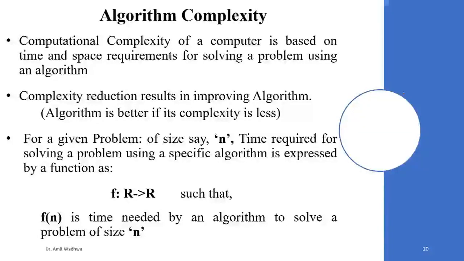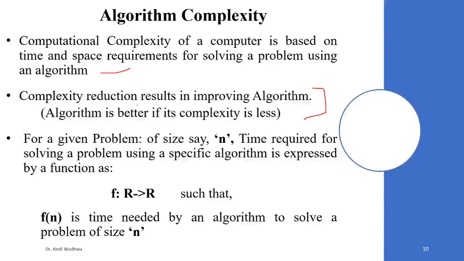We start with algorithm complexity today. Algorithm complexity is the computational complexity of a computer, and it is based on the time and space requirement to solve a problem using an algorithm. So, in order to solve a computational requirement of an algorithm, time and space requirements are the